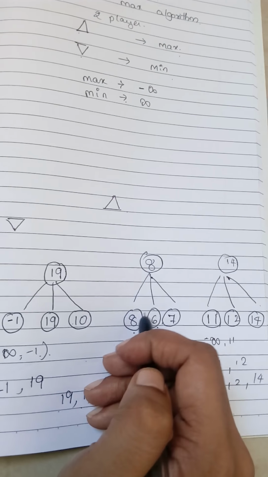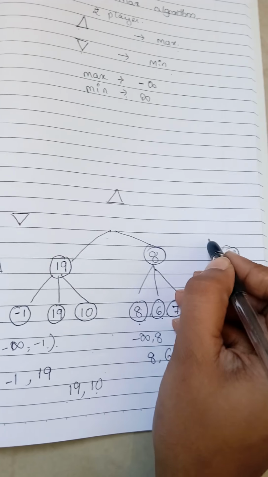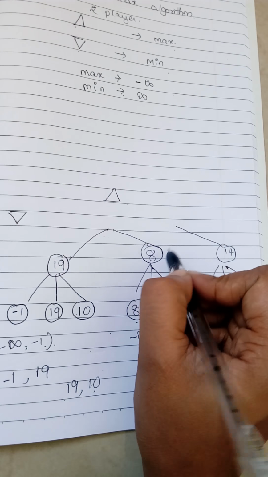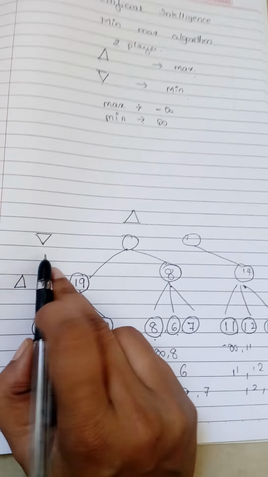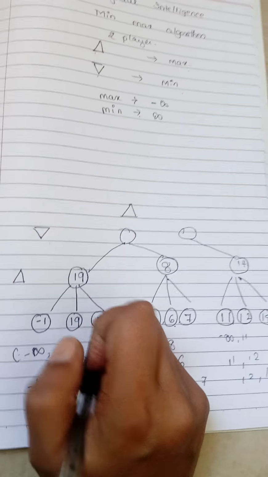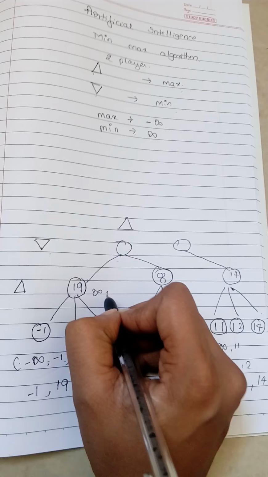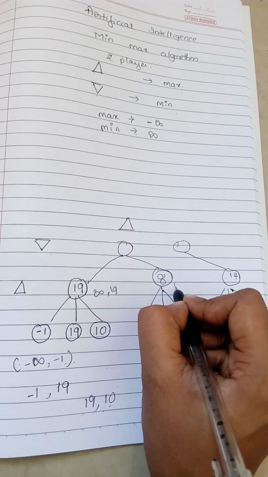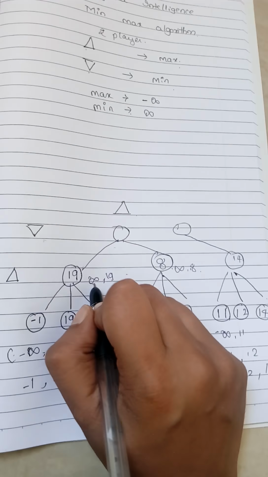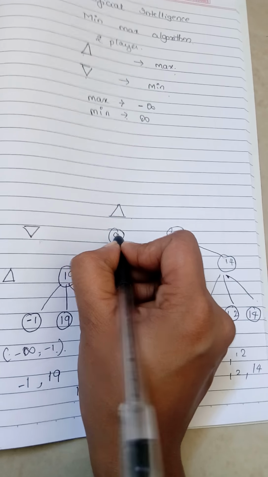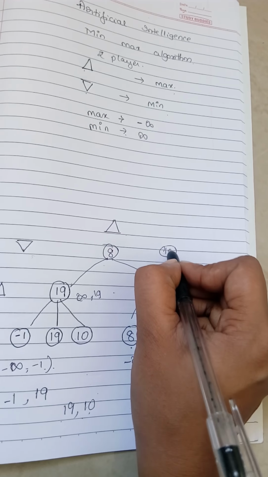Let's consider these two will frame into one value, and this will come as a direct value to the third node. Now we have to check for minimum. For minimum, I told you the worst is infinity. So 19 and infinity will get compared, and infinity and 8 will get compared. In this case, between 8 and 19, which is the minimum value? 8. So 8 comes here. Here there is no need to compare, so 14 will come here.